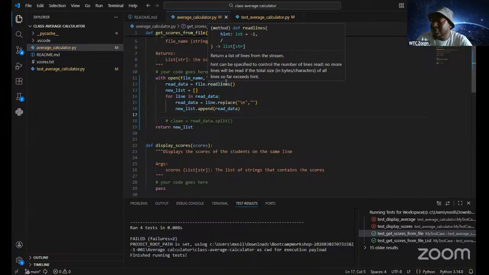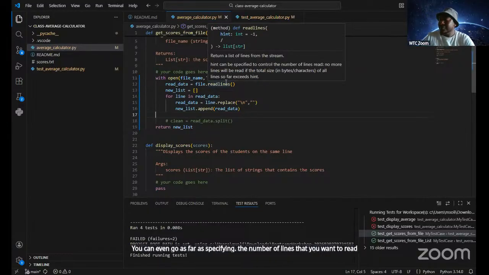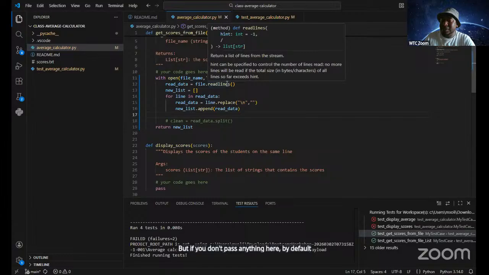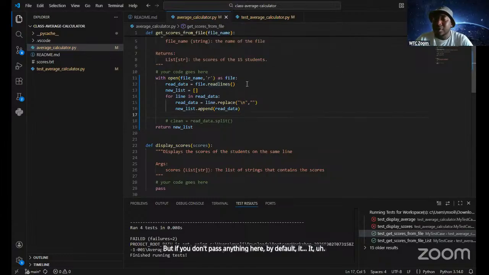You can even specify the number of lines that you want to read, but if you don't pass anything here, by default it reads everything.